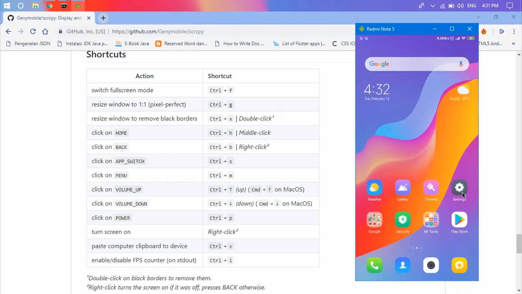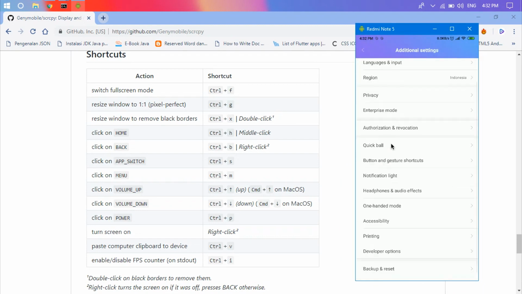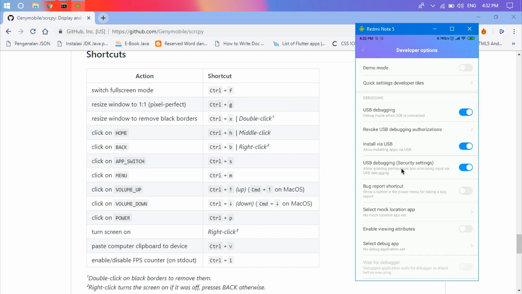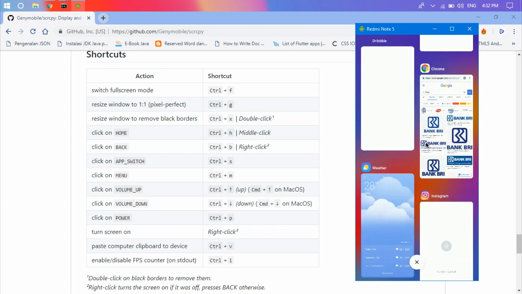Okay, make sure your Android device has USB debugging activated, and here is an additional feature: the USB debugging security setting should be enabled. We can go to the home screen by pressing Ctrl plus H. We can press Ctrl plus S to see the recent apps.